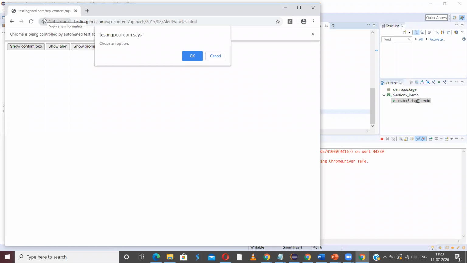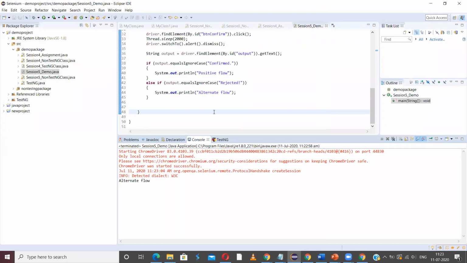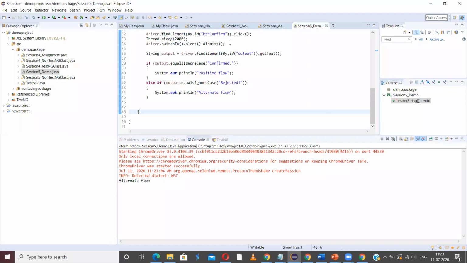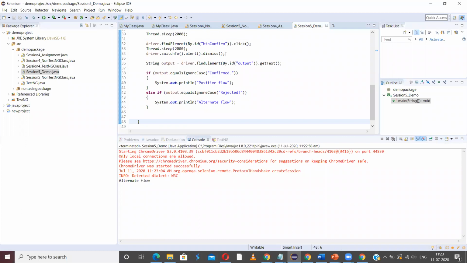Okay, now let me see, it already clicked. It is clicking on both, and then let us see what is printed here. See, the last action is dismissed, right? The last action is dismissed.